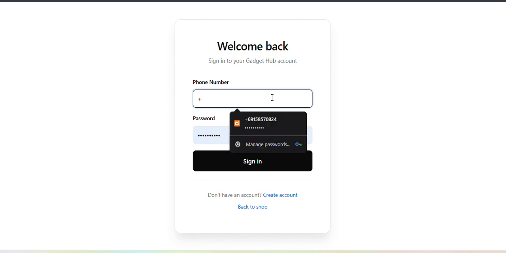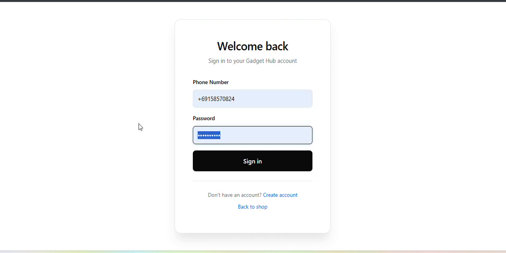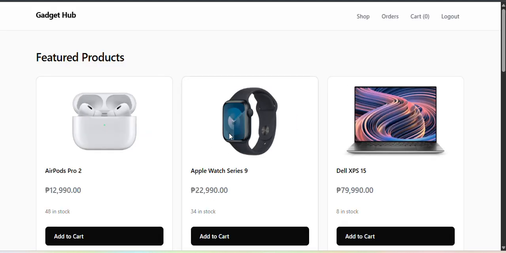To log in, what we're going to need is the number that we input on our sign-up register, then our password, then sign in. So this is our Gadget Hub